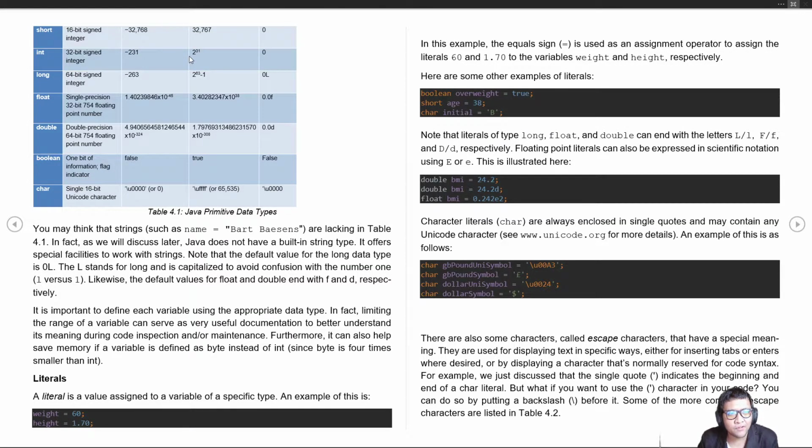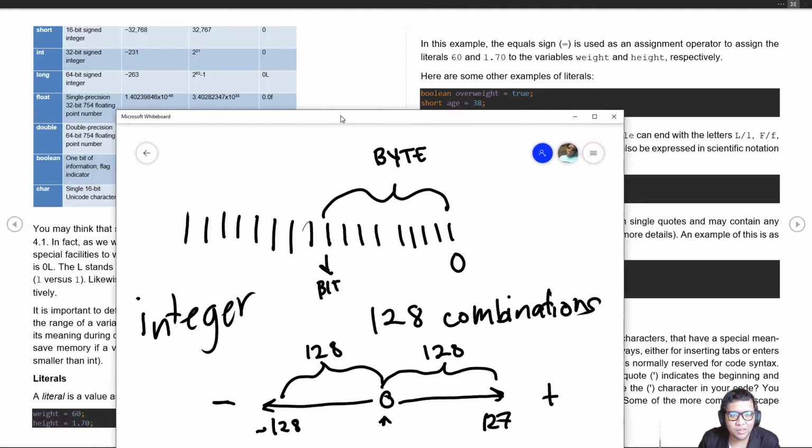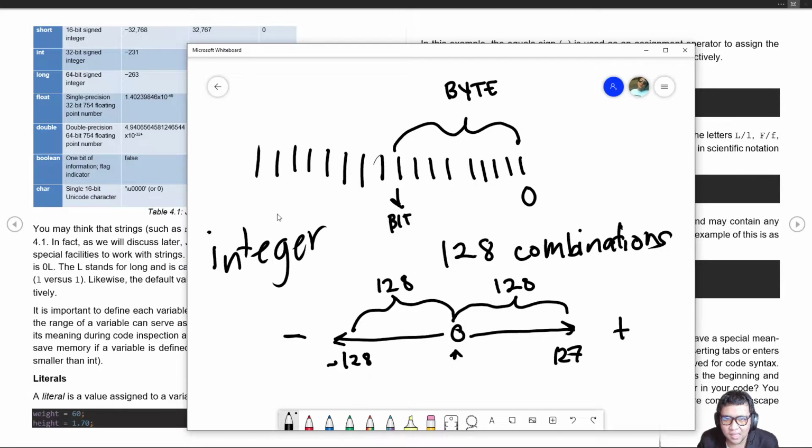Long is a longer integer data type. This is especially useful for those who want to create a program that involves a lot of numbers. So now we have float and double. Sir, how does this differ from int or long? Float and double deal with floating point numbers. So what is a floating point number? Floating point number means that,